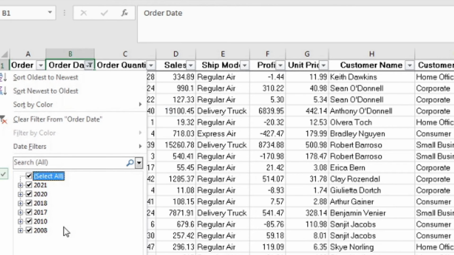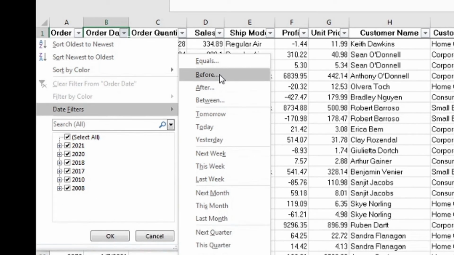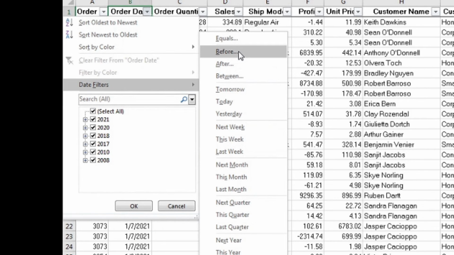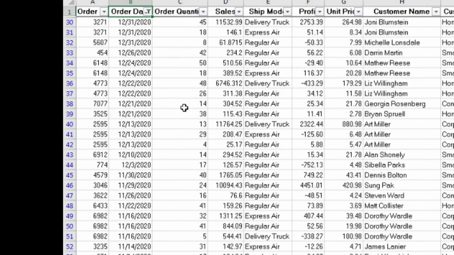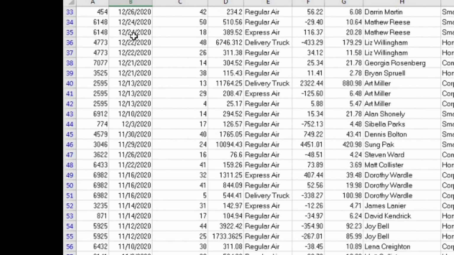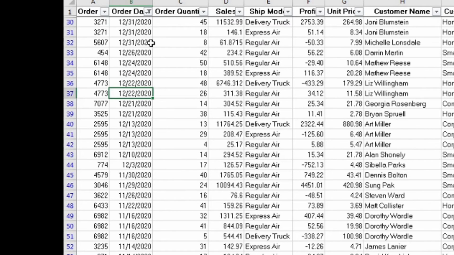Now what is the use of the date filter over here? I'll go to date filters. You can see n number of options: equals, before, after. If I click before and put in a date, I can see all the data before that particular date. Data related only to today, yesterday, next week, I can see. I'll just click here on last year. I can see all the data for last year from today. So Excel has taken the date from the computer and given me the data for all of last year.